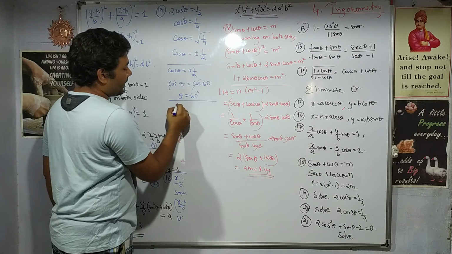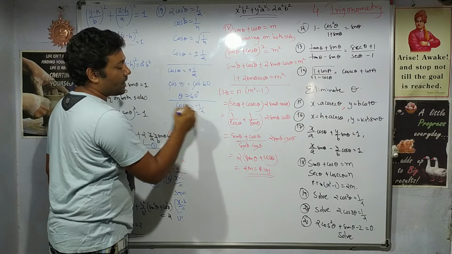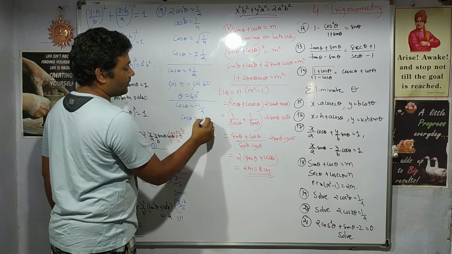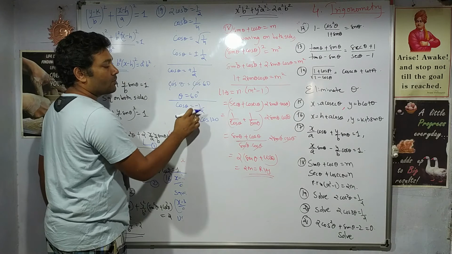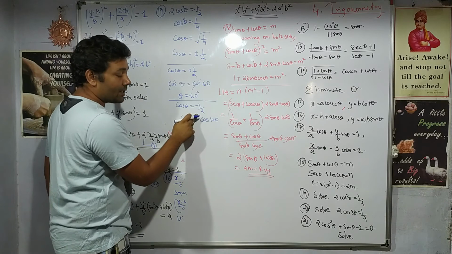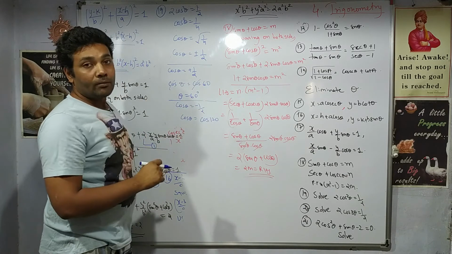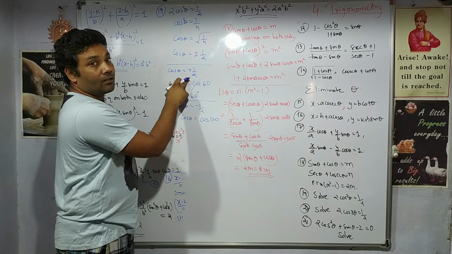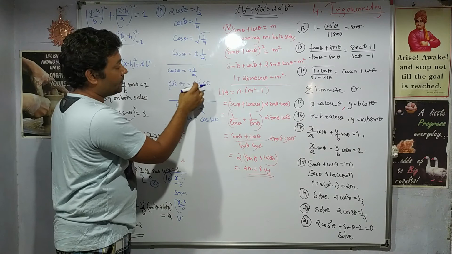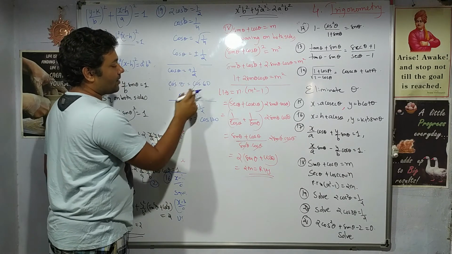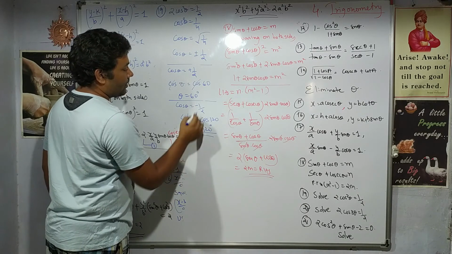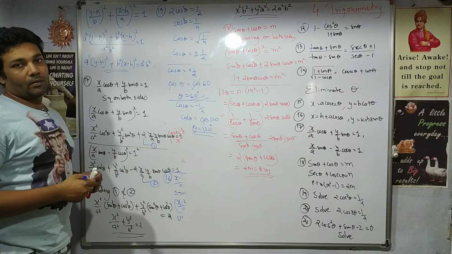Simple. If we take cos theta equal to minus 1 by 2, then when does cos give minus 1 by 2? It will give us at cos 120. Minus 1 by 2 we obtain at cos 120. So in place of minus 1 by 2, I have written cos 120. 1 by 2 I get at cos 60, so in place of 1 by 2, I write cos 60. Cos gets cancelled, theta value I get, here also cos gets cancelled, theta will be 120. So theta has two answers, 60 or 120.